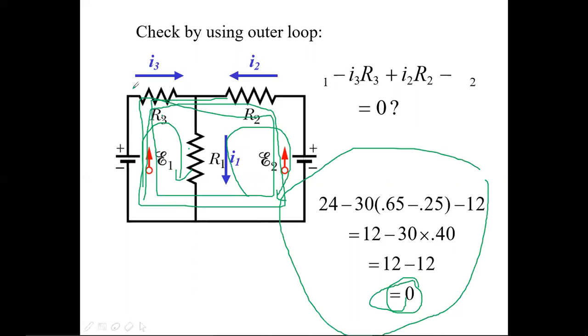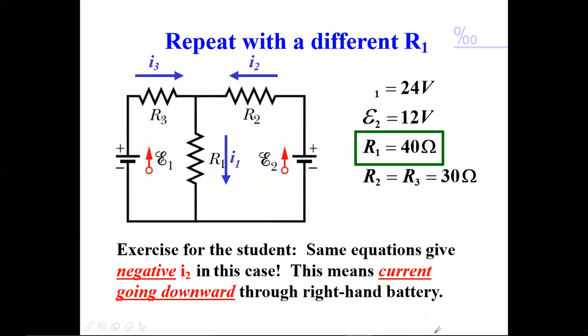Like this, you can follow two different loops. In the outer loop, you will get 0 value. Going around the outer terminal, you get 24 minus 30, minus of minus means plus 30, into this voltage drop, and these batteries. If you add all this, you will get zero. So repeat with a different R1. If I change the R1,